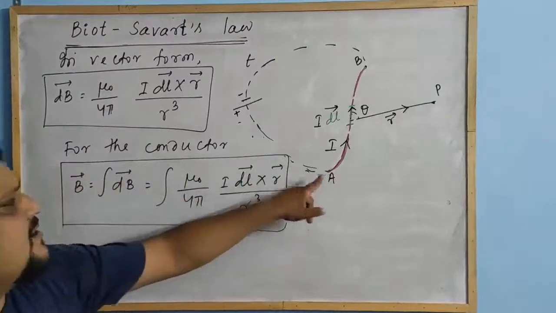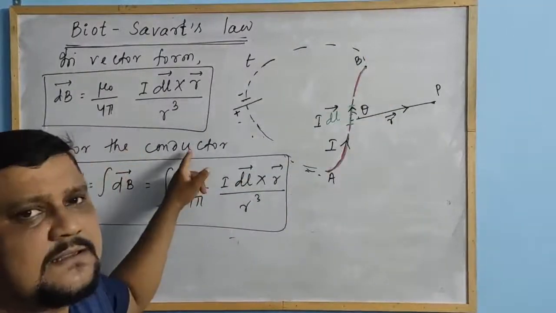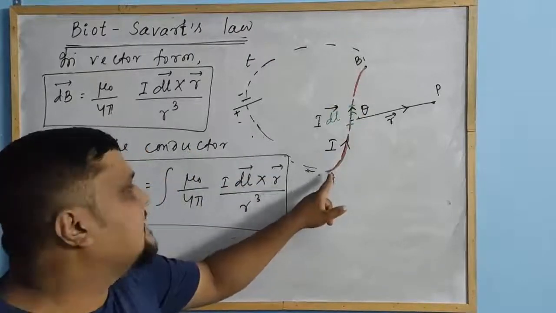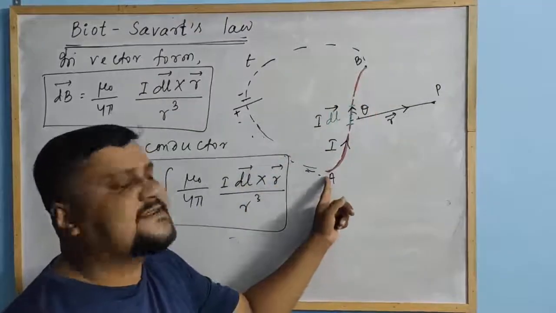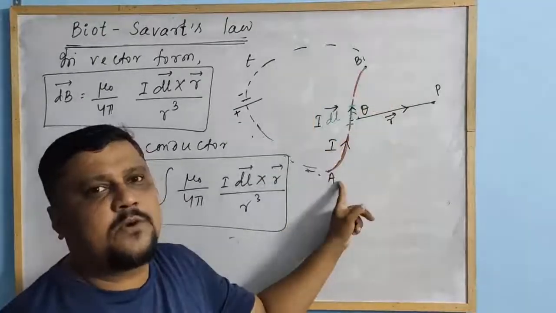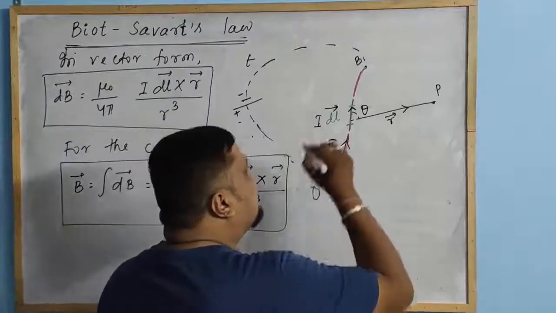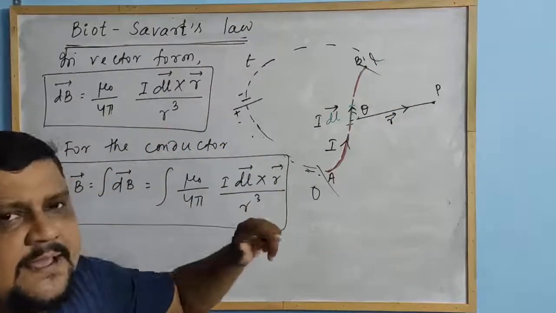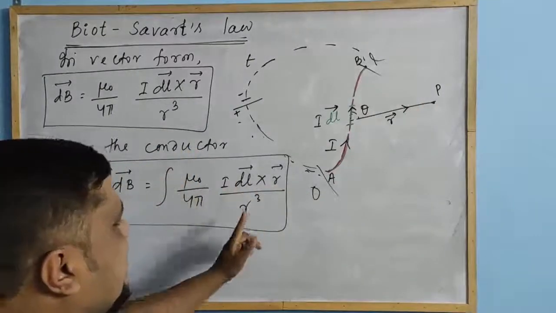And if the conductor length is defined, in some cases you can put the limits from here to here. This dl changes. The dl starts from 0 and goes to L, suppose. Suppose it starts from minus L by 2 to plus L by 2. Suppose it starts from 0 to L, this is the scale, this is 0 and this goes to L, so I can take 0 to L. That's the limit you can say. When you apply this law, how the limit will be considered, you will see in a later step.